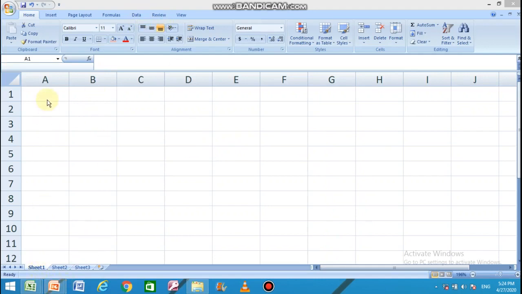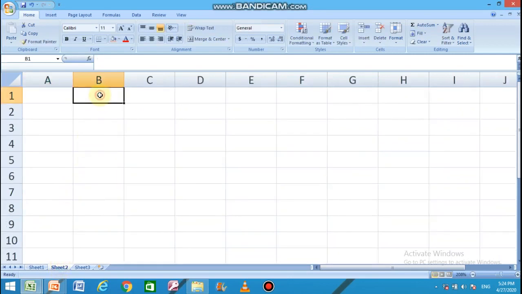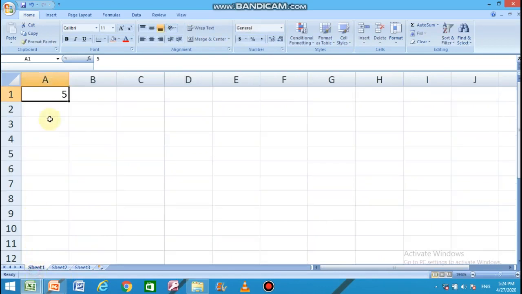Suppose in sheet 1, in the cell A1, I typed 5. In sheet 2, in cell B1, I typed 5. And I want these two values to be added, and the result I want in sheet 3. How to do this? Very easy.